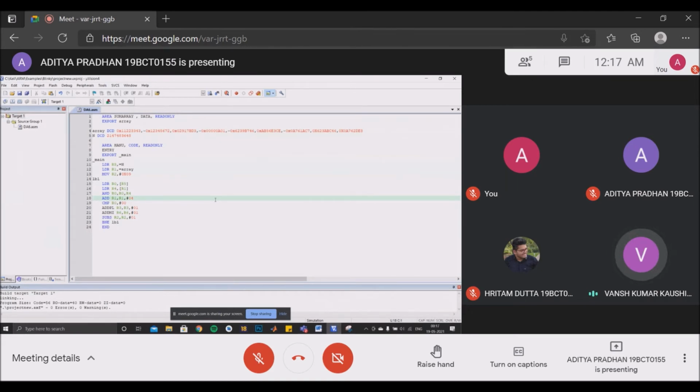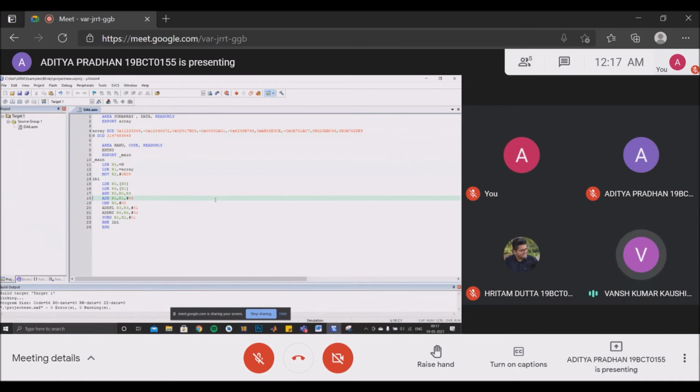Then the second array element will be used to check if it is positive or negative. This will happen until the value of R2 becomes 0, that is, until all the elements are checked for being positive or negative. This brings us to the end of our code.